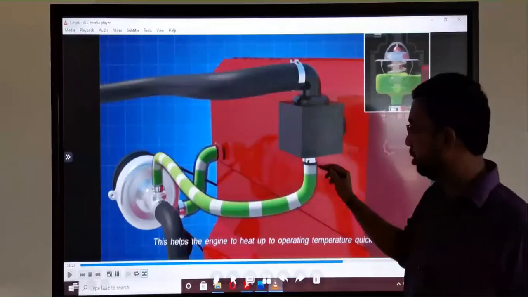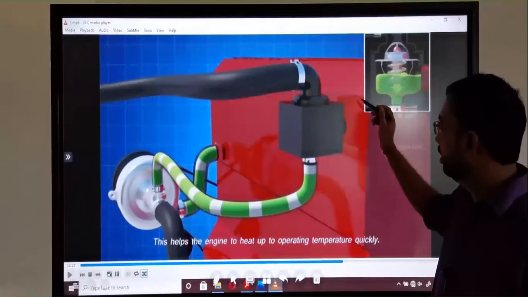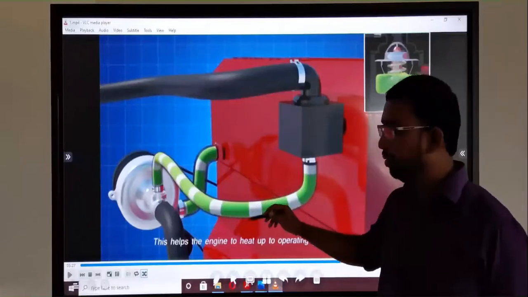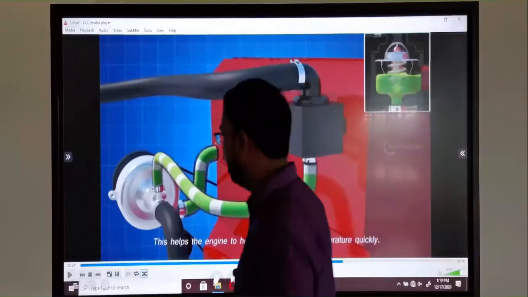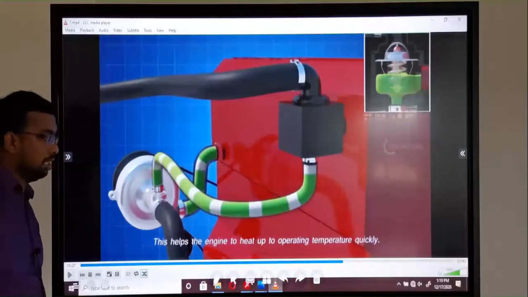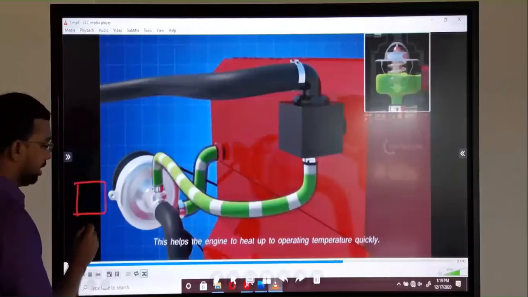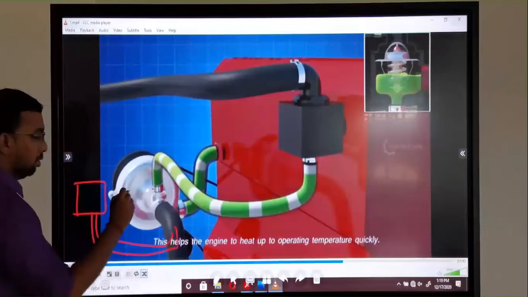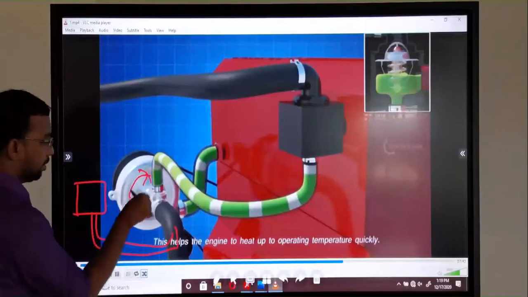This coolant uses this bypass line. Okay, so the coolant leaves from this engine and flows through this bypass line. Then here, this is the water pump. So just think this is a radiator, and the radiator input lines come like this. So there is an impeller inside the water pump that is rotated like this.